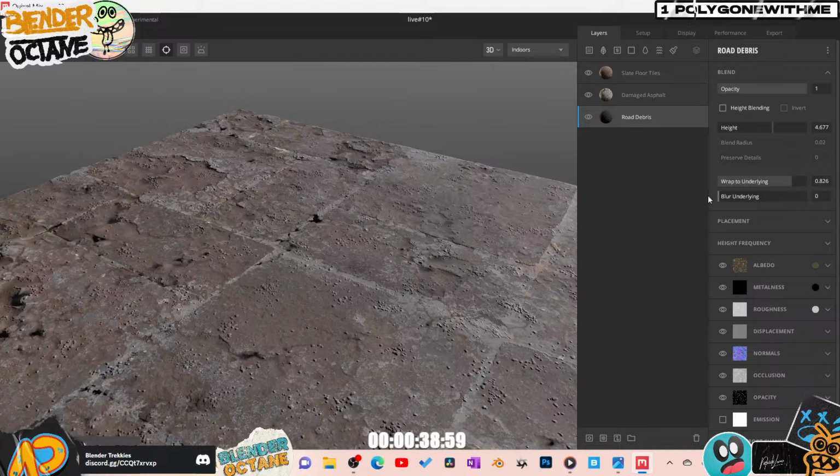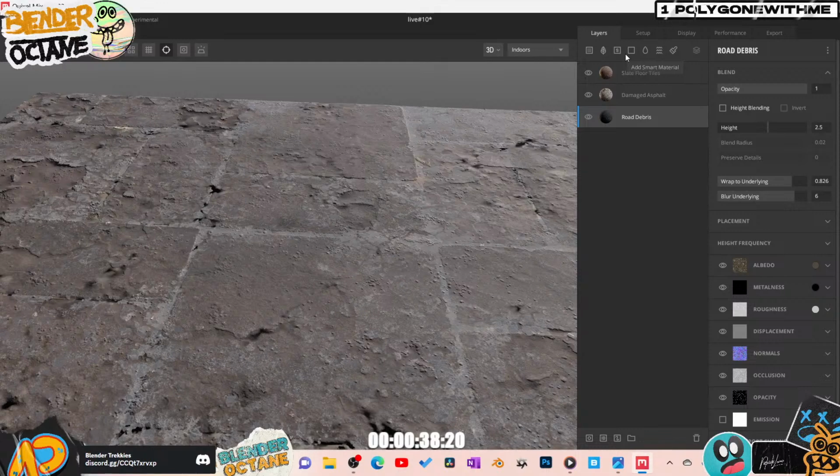Okay, I like this. Good. So now what we're gonna do is just export this thing out as one texture, which is way easier than me trying to do three different textures and mixing them all together in Octane. So, I go to export,